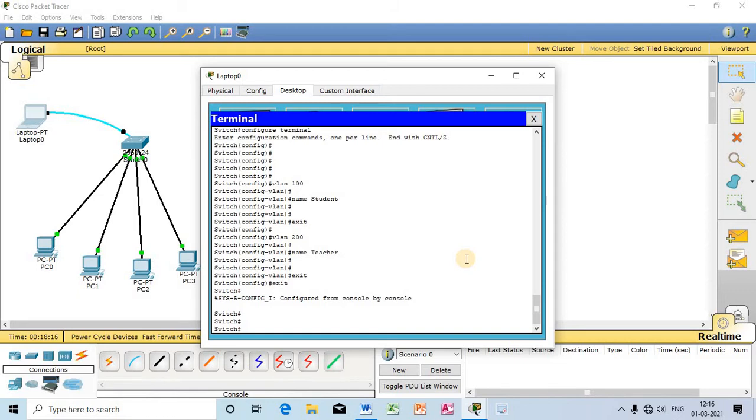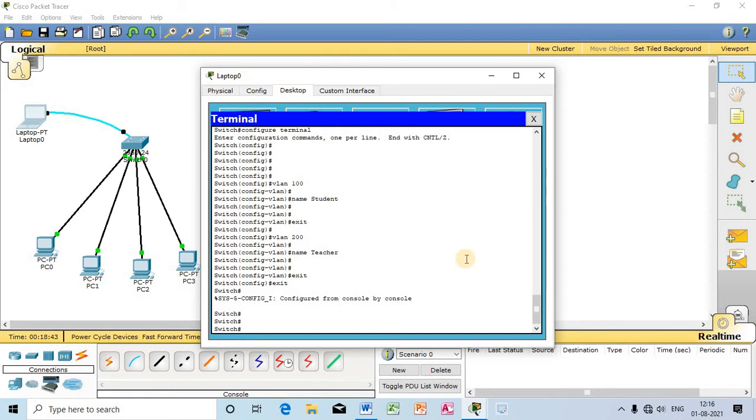Again from config mode, I'm not in config mode now. I have moved backward from config mode to enable mode. So now my switch is in just enable mode. I can run any show command out here, because to write any configuration command I have to move towards the config mode. If I try to create a VLAN, that will not work.